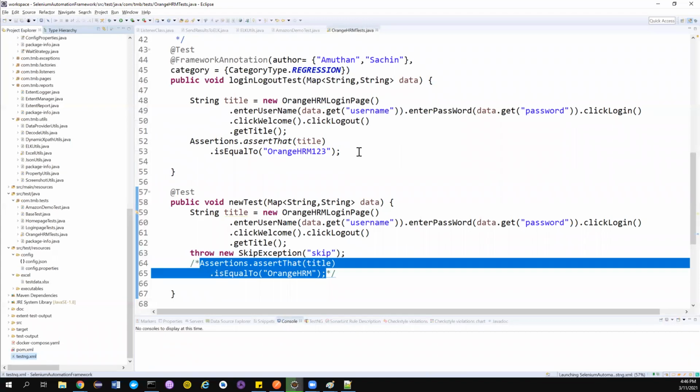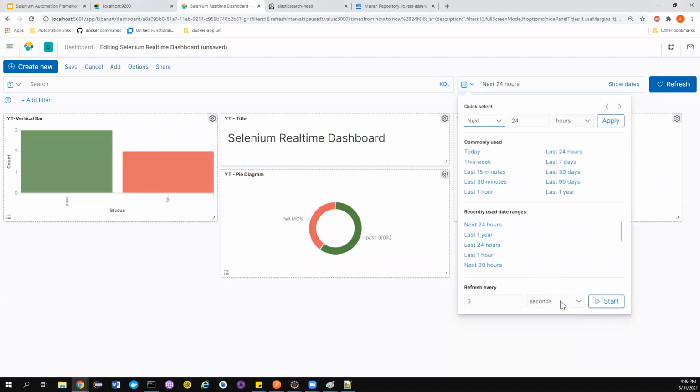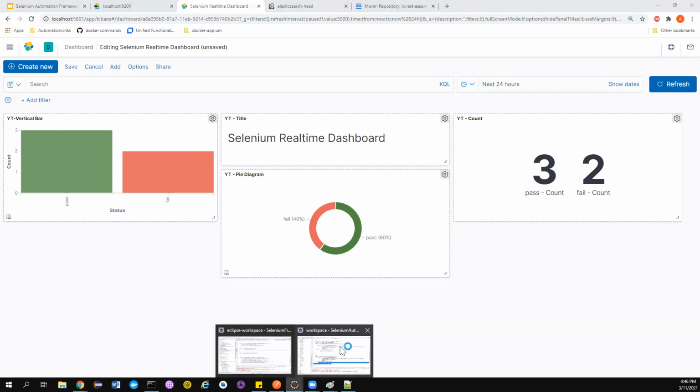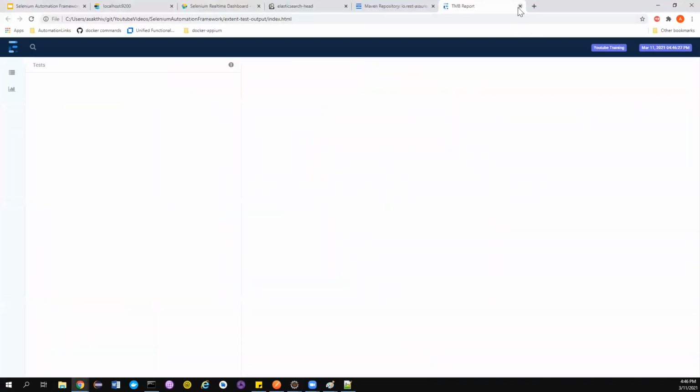As of now, the test will be run on my local. Okay, that's fine. But for us, let me switch on this automatic refresh, so the dashboard will get updated automatically, right? So let's wait for the test to start executing. Okay, I think it is running in remote mode. Just a minute. Yeah, the test got failed.